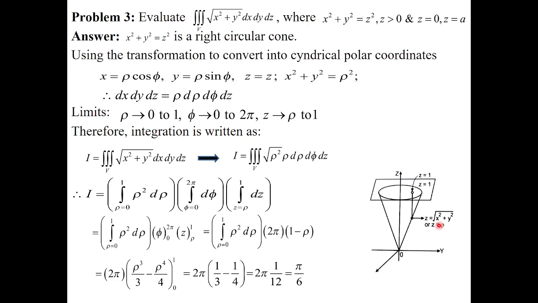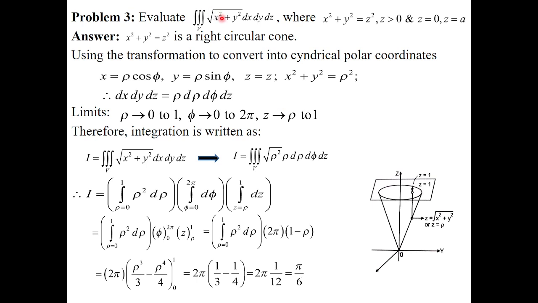I hope you remember the problems of volume. The same case we are considering. So integrate with respect to dz first, where lower limit it will be under root of x square plus y square and upper limit it will be 1. Let me repeat one more time. Here z it is 0, but here value of z it is different. Okay, that's why in variable form we will consider the value of z.